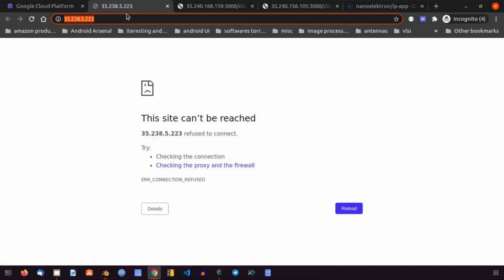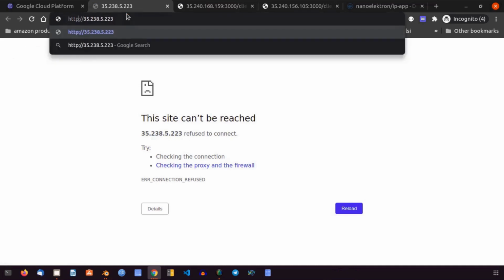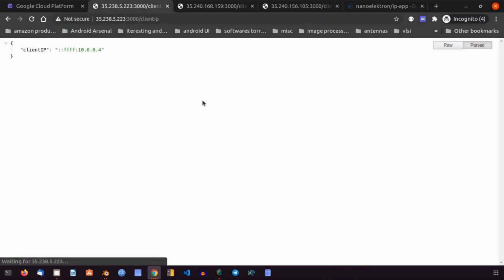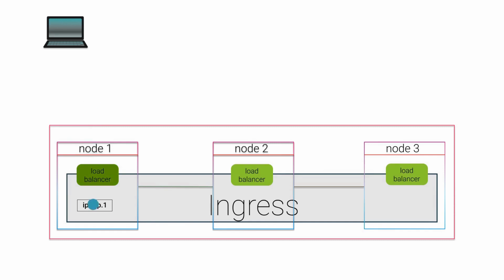Even though there is no container running in instance 2 and 3, we have actually got a response which is routed from instance 1. From this example, it is very obvious that all the nodes accept the incoming request and route it to the corresponding node with the active container.